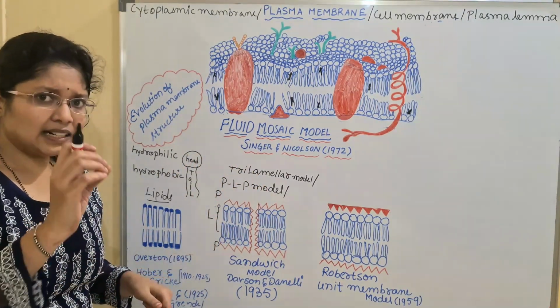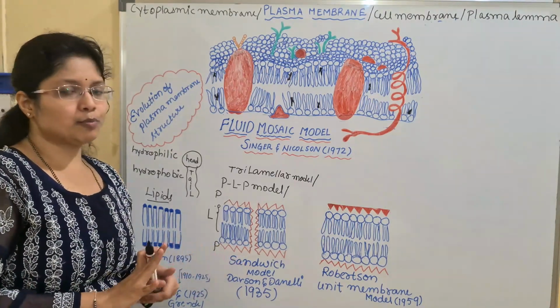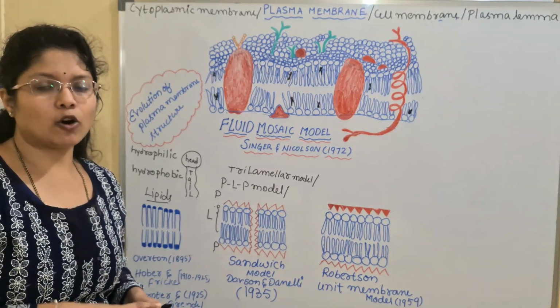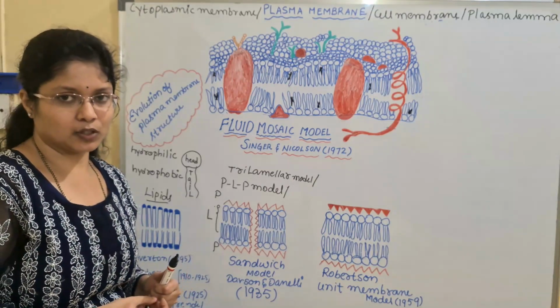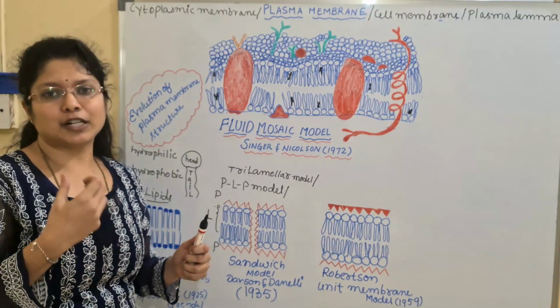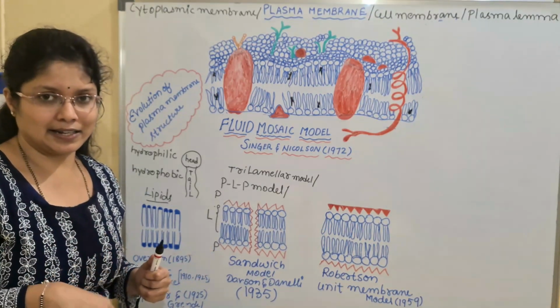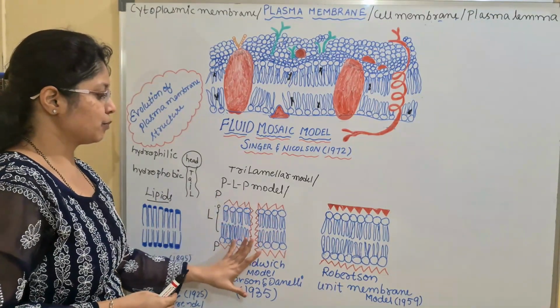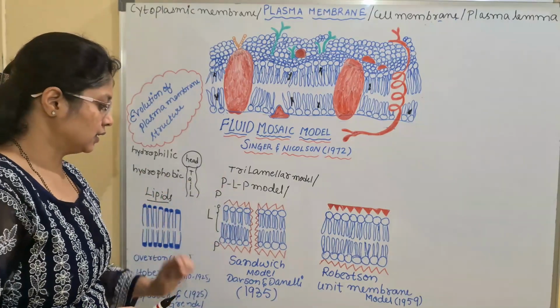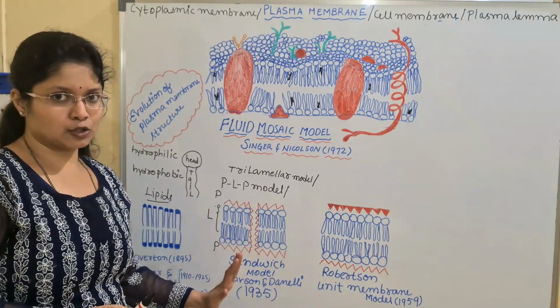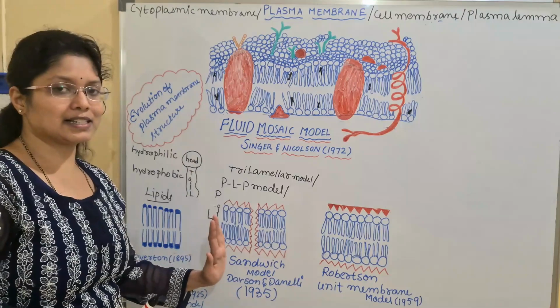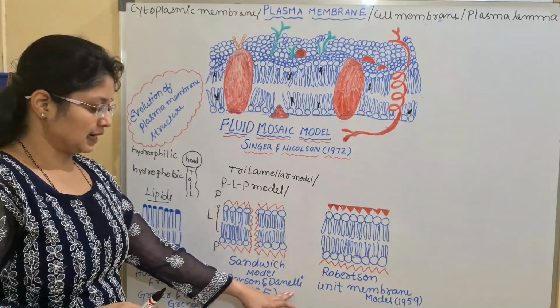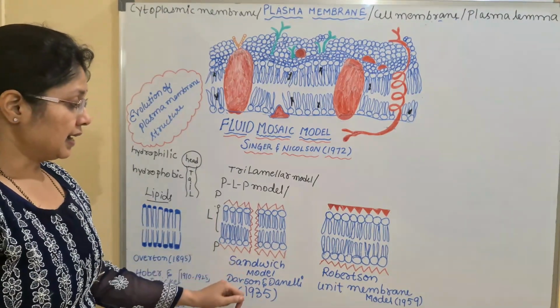And at that time, they observed that all the proteins present are of different nature. The proteins have different types of structures. They have alpha helix, beta sheet, that we'll be discussing in zoology again. So all these types of proteins were observed by Davson and Danielli. So these are the most important postulates given by Davson and Danielli in 1935. And next we have